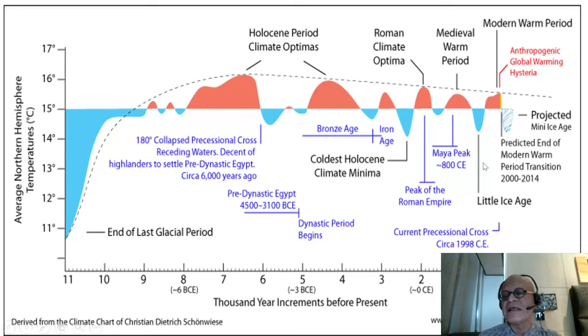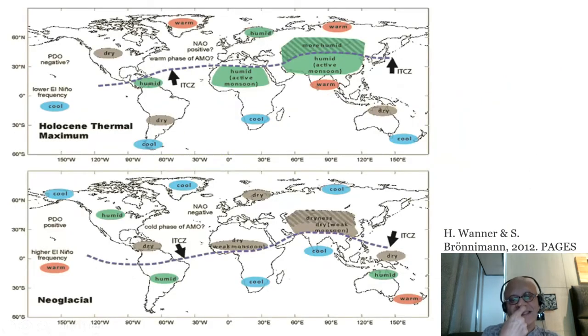And then we had the Little Ice Age, which we'll look at in the next chapter, and coming into the Industrial Revolution and going into the future. So there are some details. This is from PAGES, which is giving us a longer term vision again in terms of the Holocene thermal maximum, so humid active monsoon regions, civilizations, warm dry periods here. So whenever you have cool lower frequency El Niños here, you have dry periods over the Americas, except here, which has a humid period, and cool periods here, cool periods here, cool and dry here, warm here, and so on.